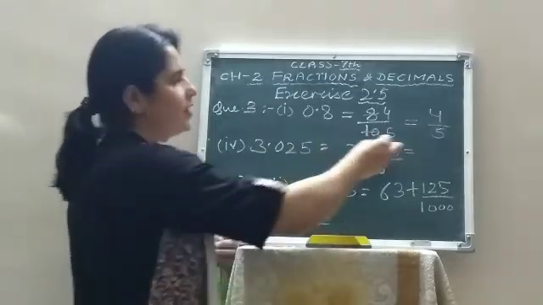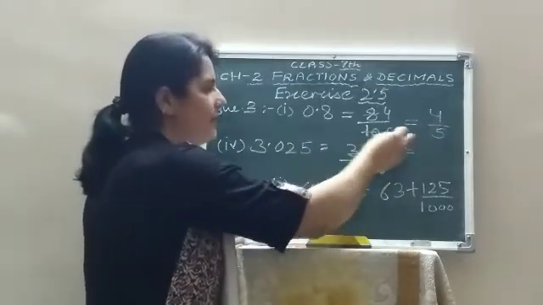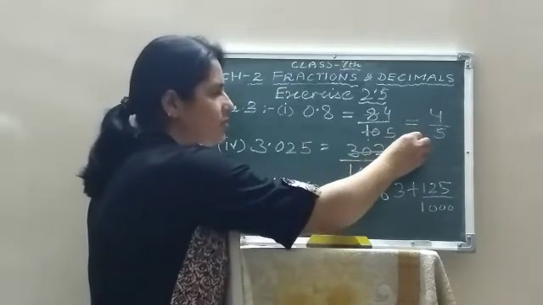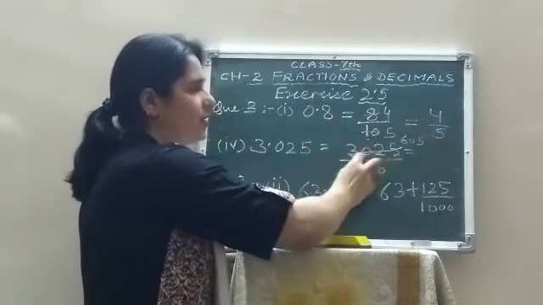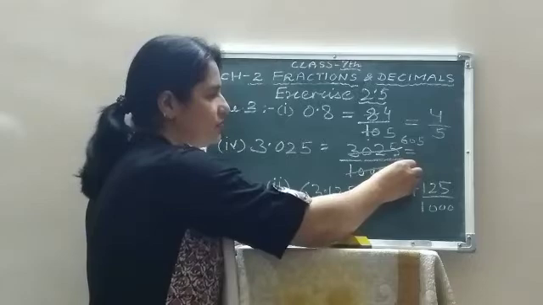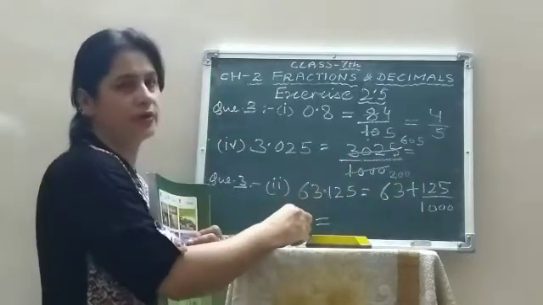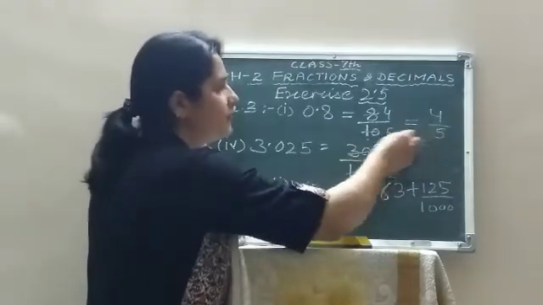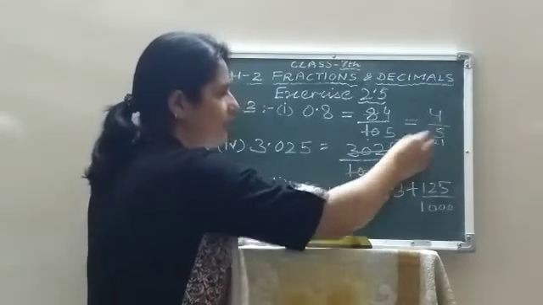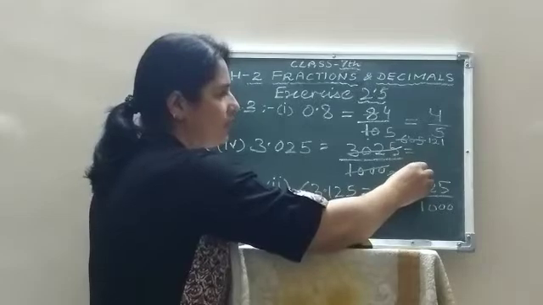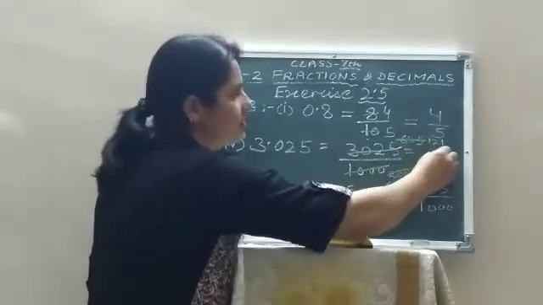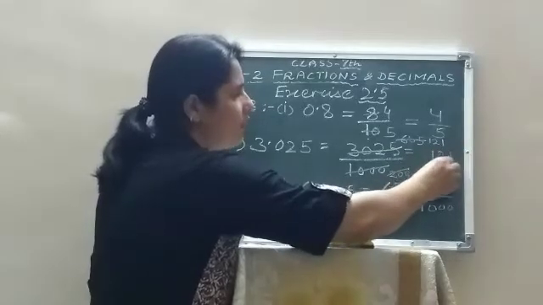Now you will cancel it. We can cut it with 5. 5 6s are 30. And because 2 is less than 5, we will put a 0, and 5 5s are 25. So it will come 605. And 5 2s are 10, 0, 0, meaning 605 upon 200. We can cut it further. 5 1s are 5, 5 2s are 10, 5 1s are 5, upon 5 4s are 20, 5 0s are 0. So it cannot be cut further. So the answer is 121 upon 40.